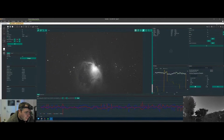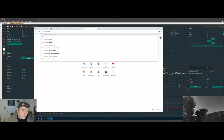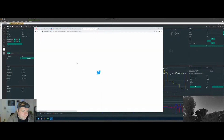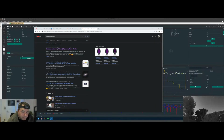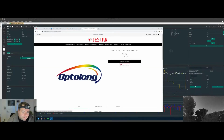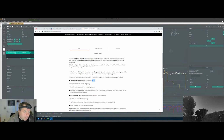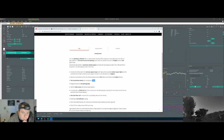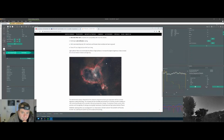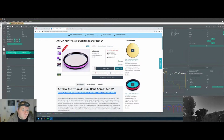But Optolong are also bringing out a competitor to that, so they're calling it the, what are they calling it? Optolong L Ultimate. They mention it on here. There's a guy on YouTube, I forgot his name. He's been testing it. So the L Ultimate is effectively, they claim it's a 3 nanometer bandpass. And you'll see on here, I'm sure it mentions that they talk about the reduced halos. So yeah, both Optolong and Antlia are bringing out their own enhanced version of a